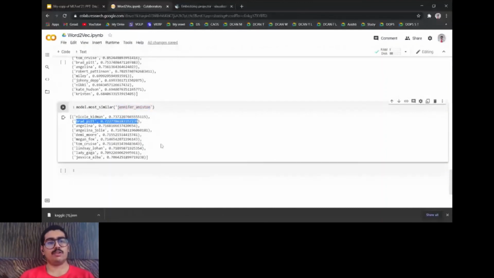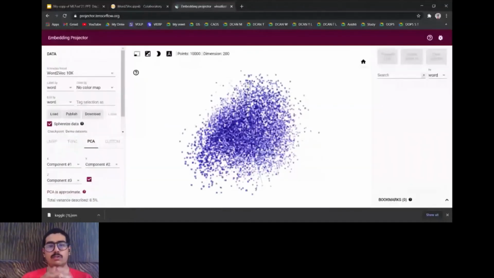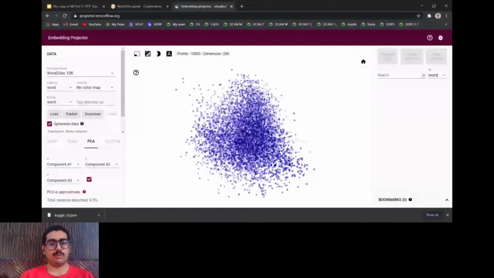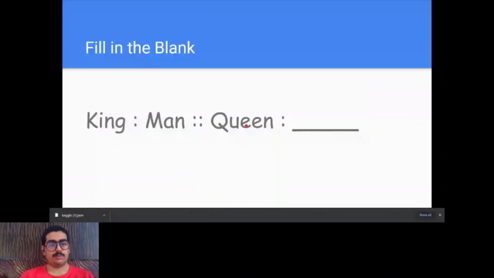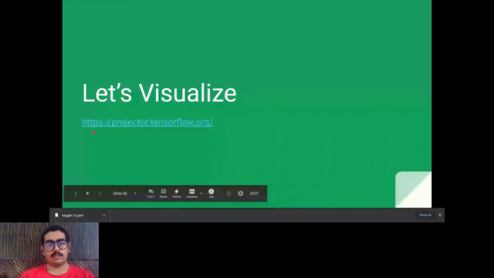So you get the hint about what the Word2Vec algorithm does. It takes a 200 dimension space, plots all the words as vectors in it, and based on the distances or the cosine similarity, it matches what is close to what. Suppose here, as explained, man and woman are close, king and queen are close. So I hope this is clear. Next we are going to see